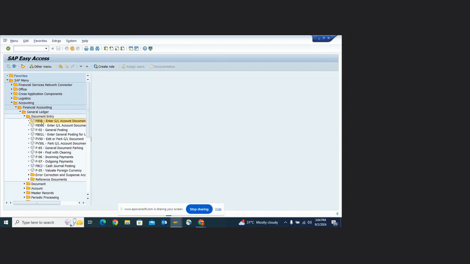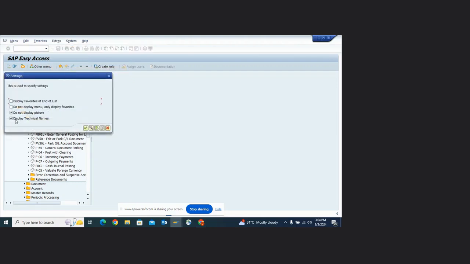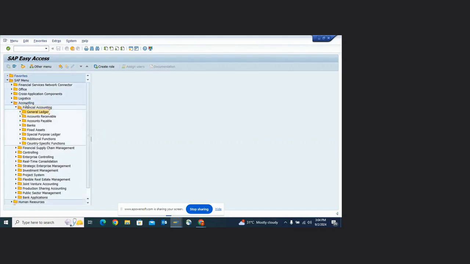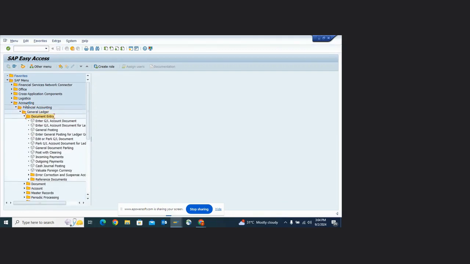If you don't want them to appear in the system, then just go to extras, then go to settings, and click on display, and click here display technical names and just press enter. Now go again accounting, financial accounting, then general ledger, then document entry.